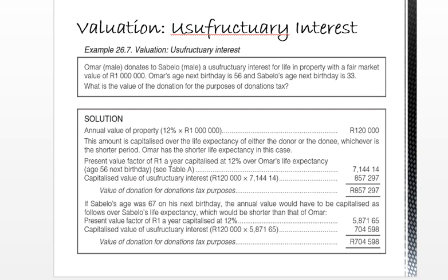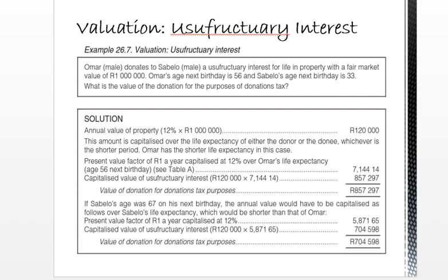Then we want to determine whether the donor or donee has the shorter life expectancy, and in this case it will be Omar, who is 56 years of age, and he is expected to have a shorter life expectancy. So we want to get the present value factor of R1 a year capitalized at 12% over Omar's life expectancy. So if we look at table A,